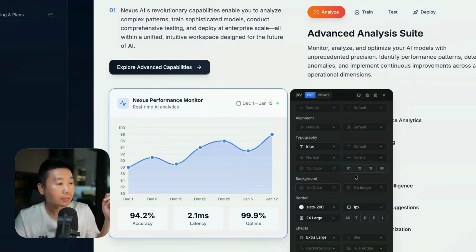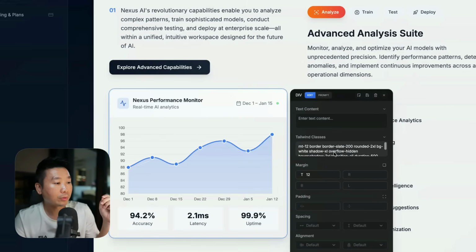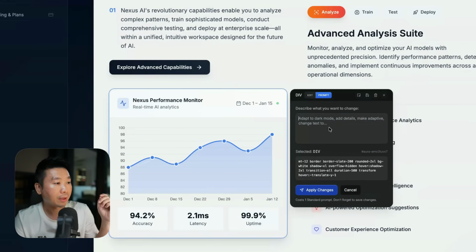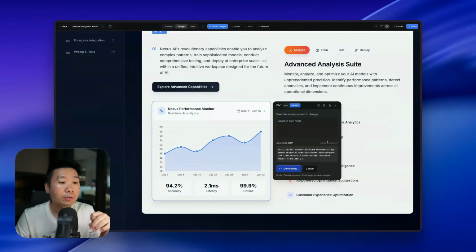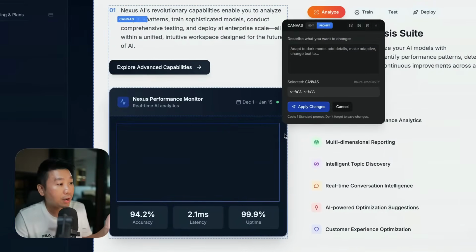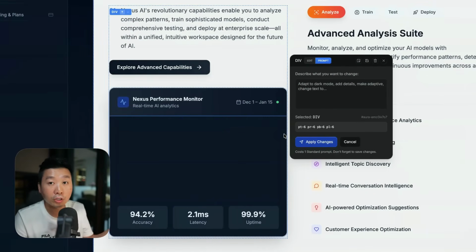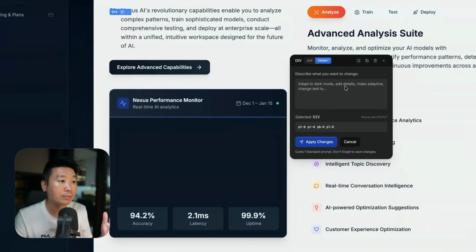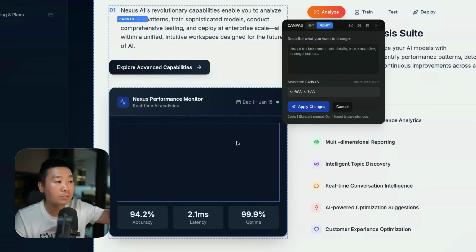But if not, you can also go to the prompt and you can say, adapt to dark mode. And then you make more changes until you're happy. And there we go. We have the card and it's changed to dark mode by just selecting it and a quick prompt on it. Now, keep in mind that yes, the chart is not working because it relies on an external script,